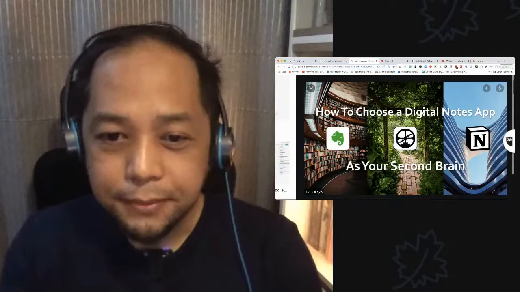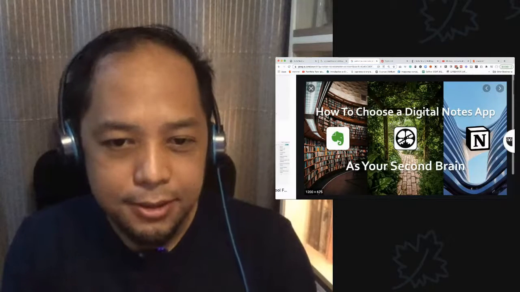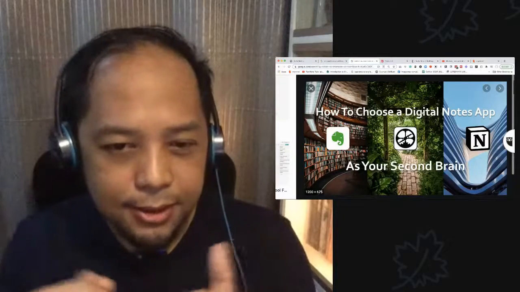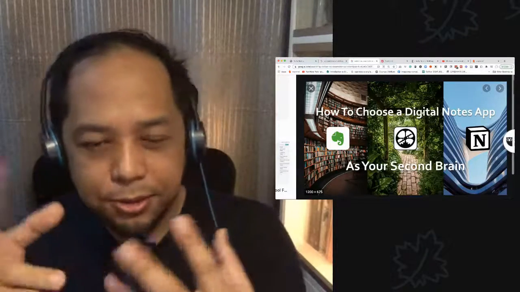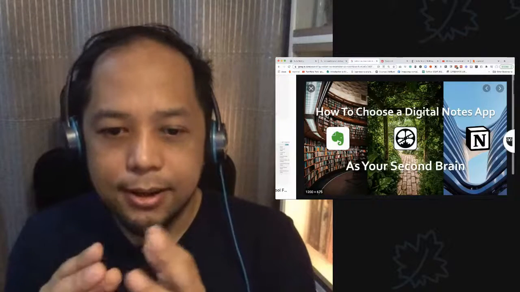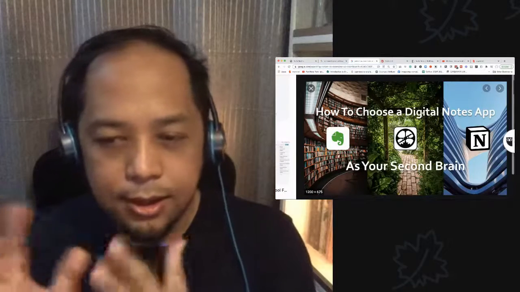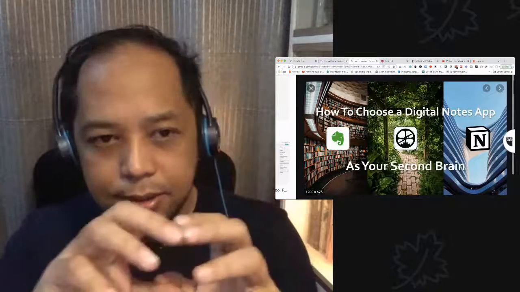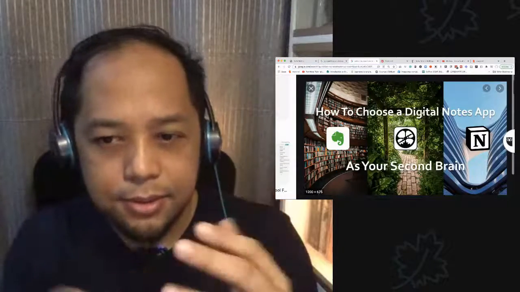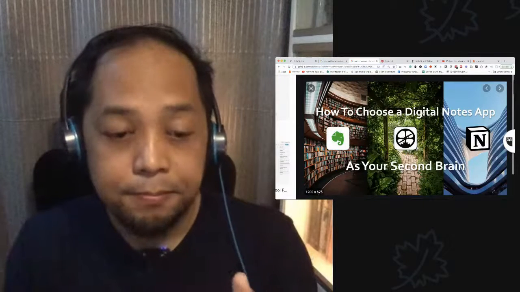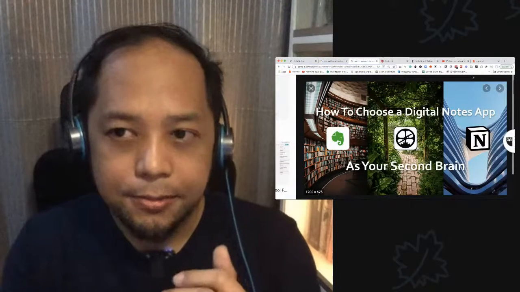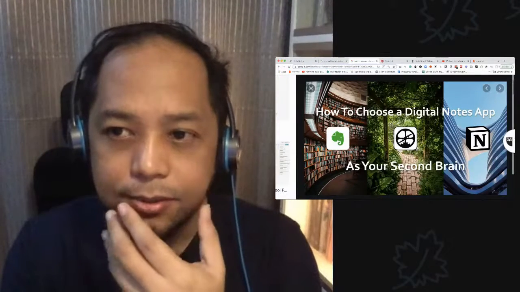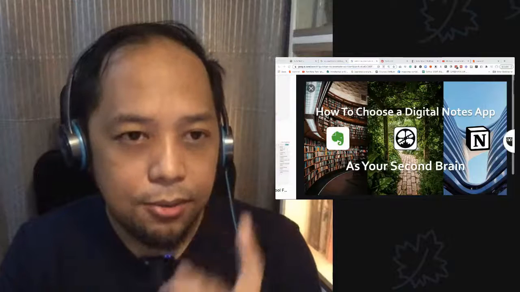Notion and Roam Research, in the middle, are for gardeners who get snippets of information on the web and start connecting them, allowing them to grow and trimming them. Or if you are a Notion user, you are an architect who wants to establish the framework of your information first, creating the architecture before you put in all your information, or you do it as you're putting the information in. So these are the most common digital tools for capturing information. However,